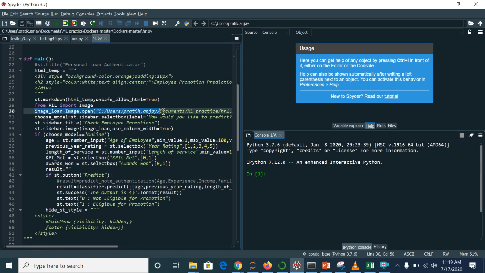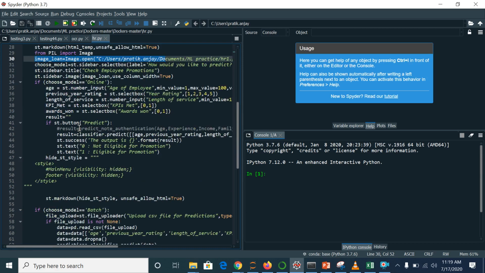How to put an image, how to make different sorts of boxes, how to develop a checkbox or a sidebar on the Streamlit library, I will bring a new video for that. I will showcase live examples of how we can create a sidebar, how we can create tick boxes, and how the data will show. Here I'm just showing you a brief about my code.